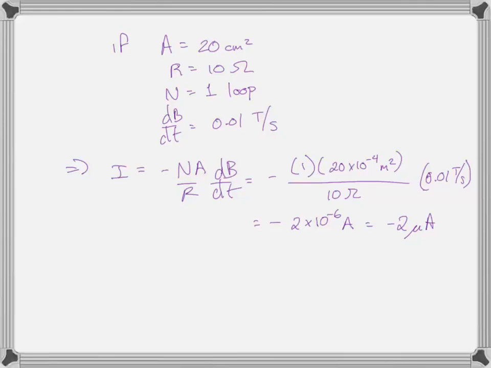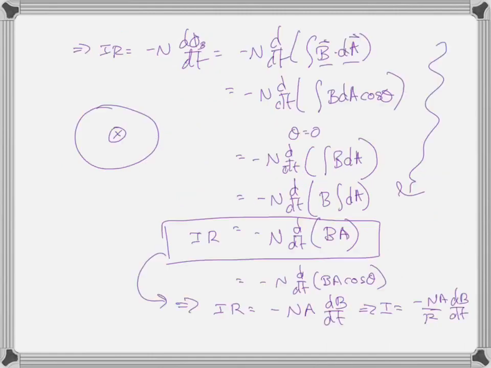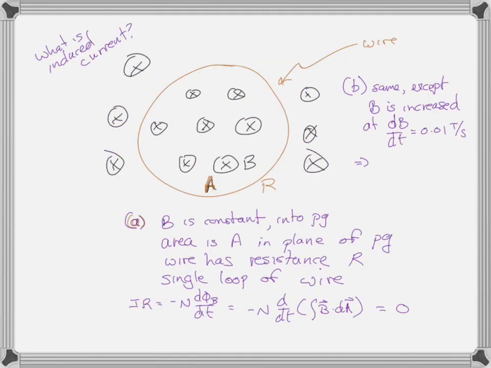The current induced has a field that's in the opposite direction of the field that created it. So since the field was increasing into the page, remember, the field is into the page and we're increasing it. Since the field is increasing into the page, then the induced field must be out of the page. So for the induced field to be out of the page, we're going to use the right-hand rule, and you're